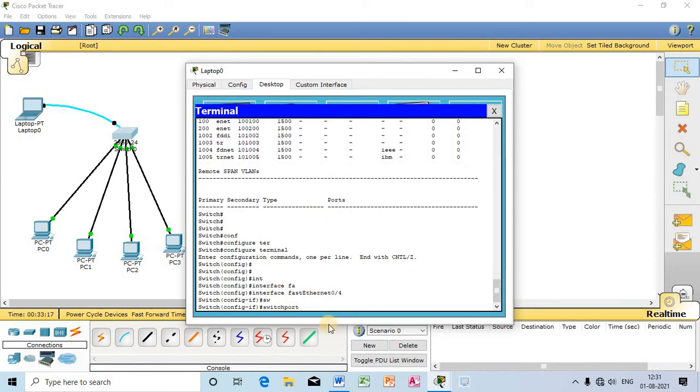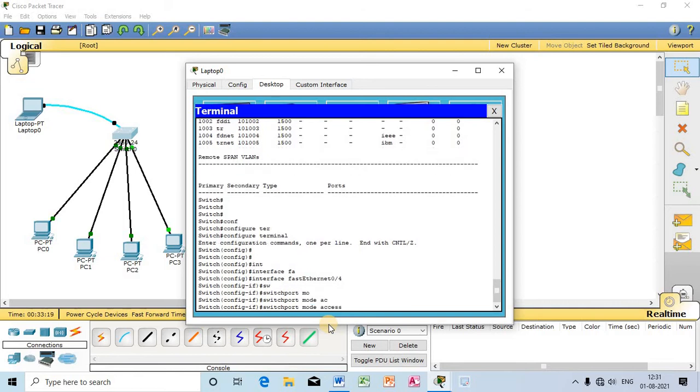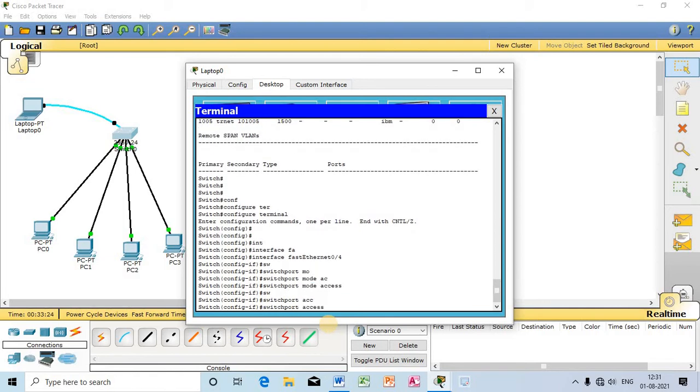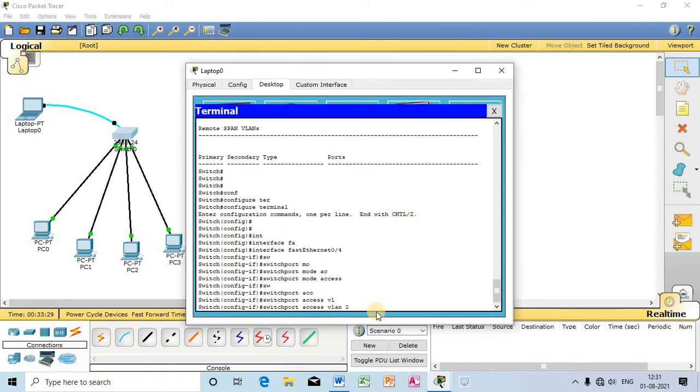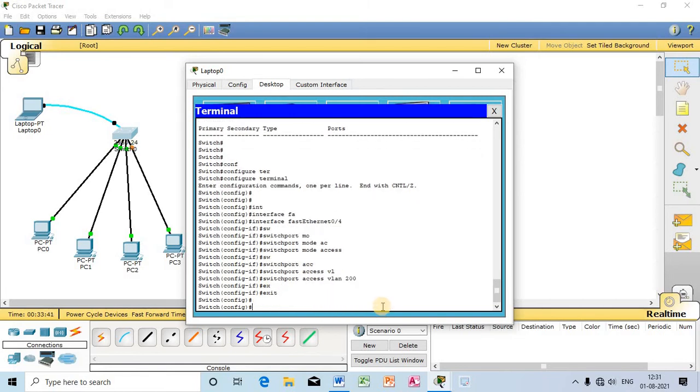Switch port mode access, which VLAN? VLAN 200. So I will now assign this particular port to VLAN 200. Exit. Again I have used the exit command to move to config mode, because I will move to another interface.